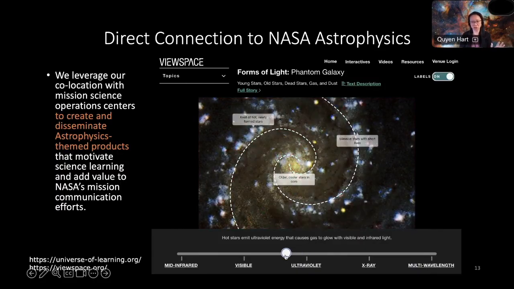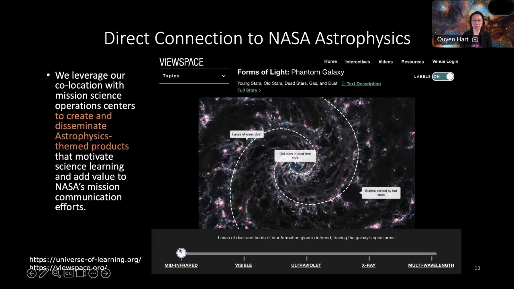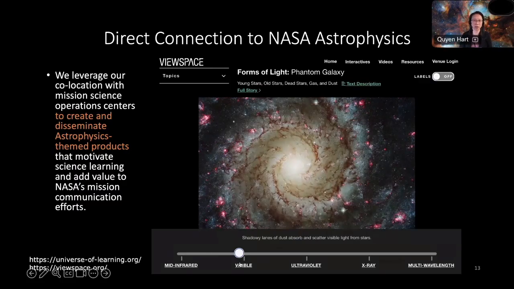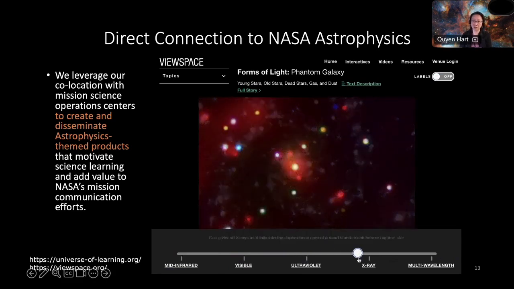So this is just a little touch of the different kinds of assets that are available for you to incorporate into your talks, your touch points, exhibits, if you have a star party at night, and you're trying to figure out how to incorporate that. And this is where the rest of the talk is about that framework here.